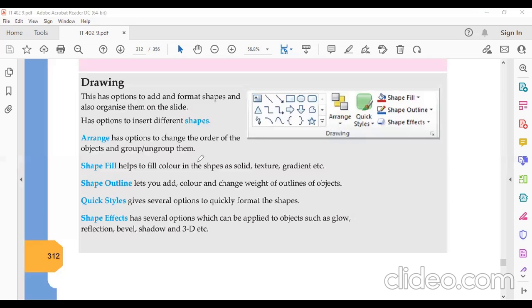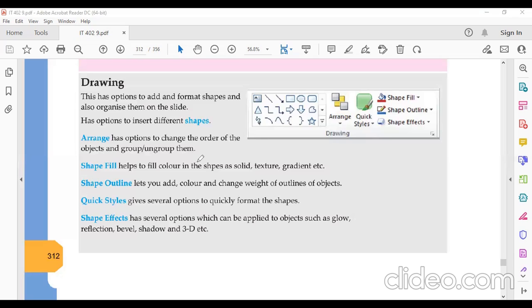Then the other option is shape outline. Shape outline will change the color of the line which is there on the border. The line is very thin, so we'll not be able to see it. So we'll go with the weight first. From here we can increase the size of the line. Now by default the color is very light, so if you want to change it to black, you'll see the border. So this is how we can change the outline,